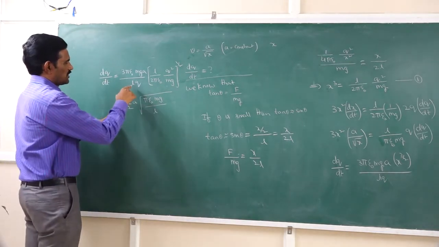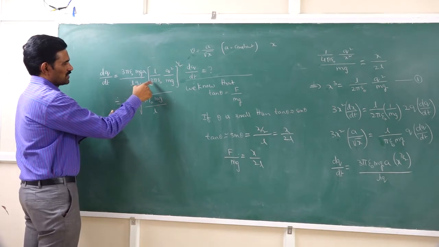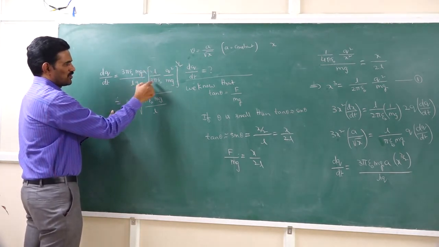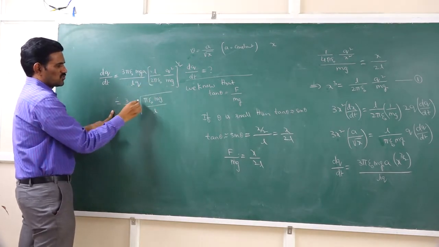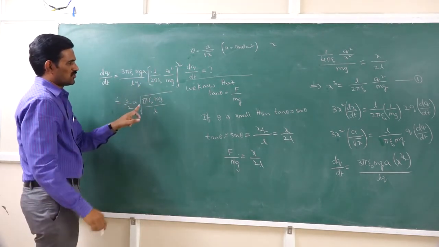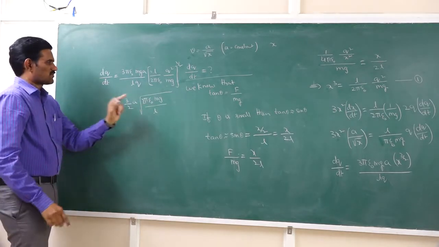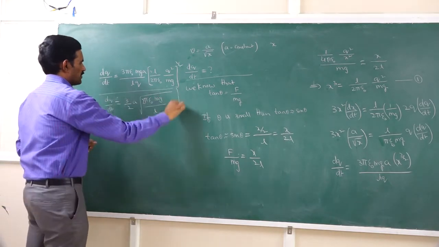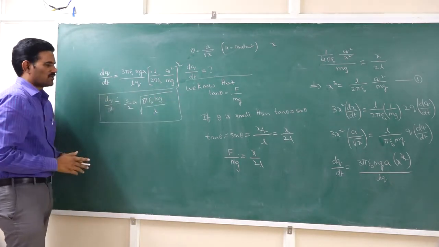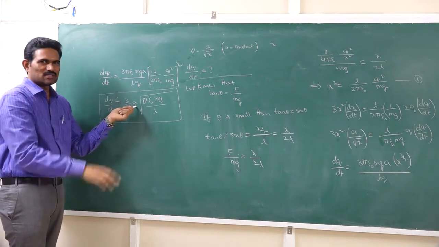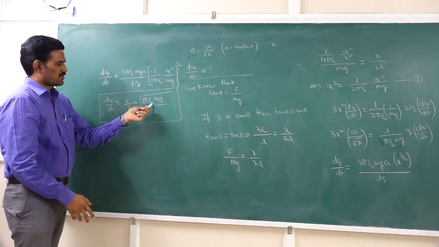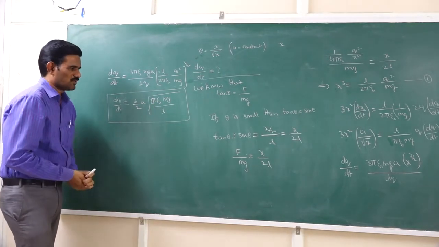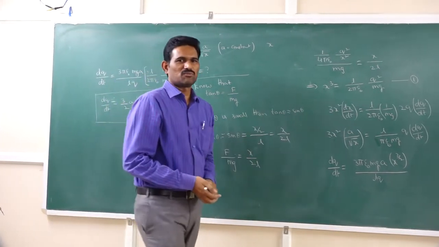And next, here we are multiplying and dividing this. Here if I divide and multiply with this 2, then you will get here 2 and here 4. Out of that 4 I am writing this 2 here. And so in here you will get an additional 2 here. And so that is the final expression for this dq by dt. That means the rate at which the charge is decaying here in terms of the given parameters. A is the given constant and 2 pi epsilon naught we know, and m is the mass of the bulb and L is the length of the strings there. So this is the expression for the rate of decay of the charge in that case.